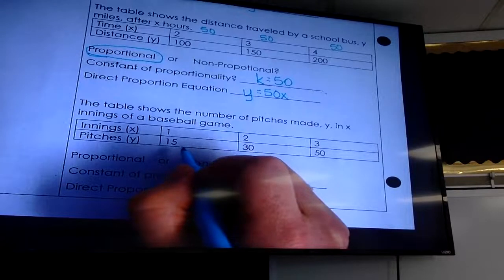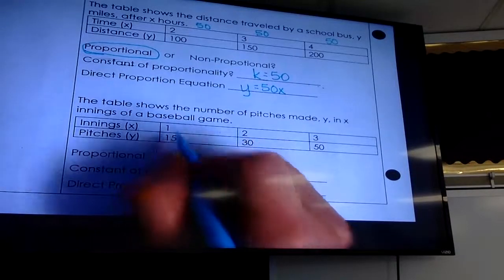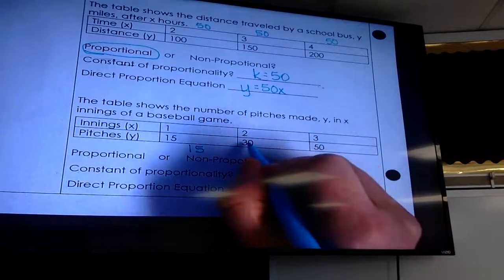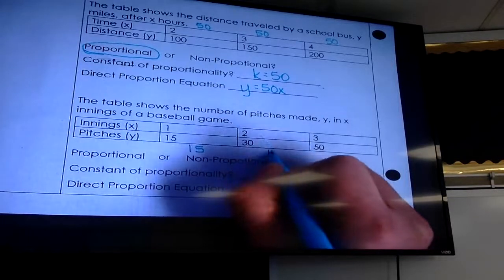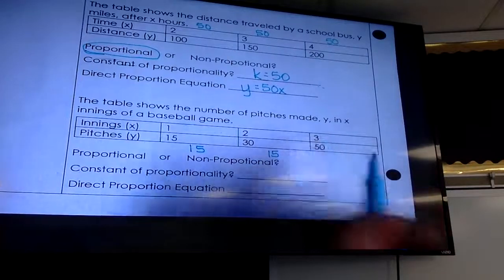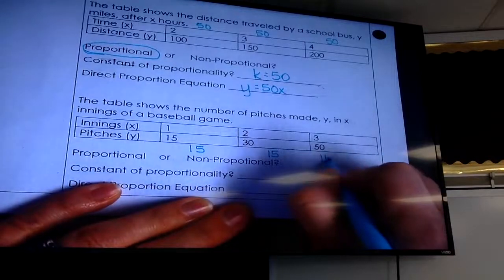So let's find our constant of proportionality first. Let's find our unit rate. Okay, so y divided by x, that's easy. 15 divided by 1 is 15. Okay, so after 2 innings, it was 30 pitches. So 30 divided by 2, that's also 15. But remember, I always got to keep going. So after 3 innings, it was 50 pitches. I'm going to do 50 divided by 3. When I do that, I get